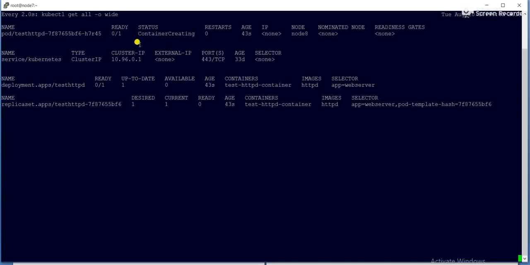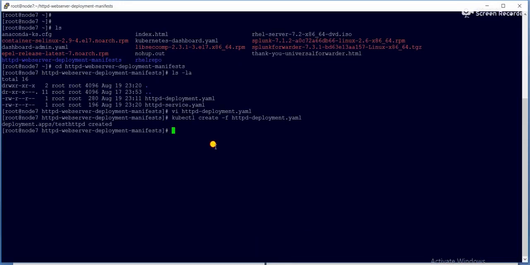So right now it is not in ready state. Once it comes to ready state, okay, now it is saying one by one running. So status changed here. The replica count I had given is 1. So desired 1, current 1, ready 1. Then deployment ready, up to date, available. Then the pod is also ready. So everything is now perfectly fine. Okay, now the deployment is done.